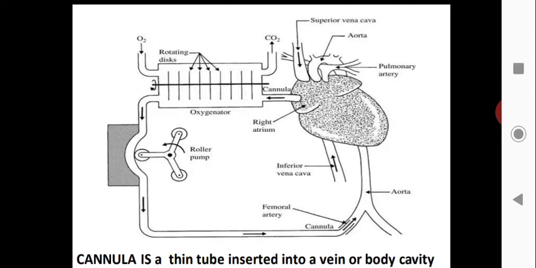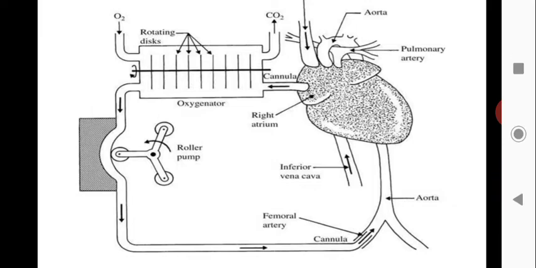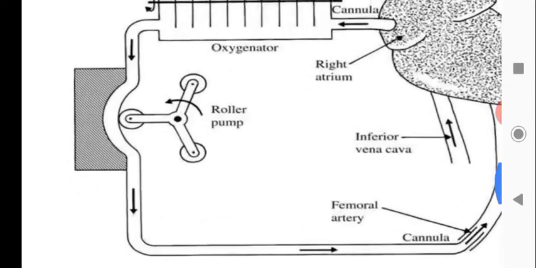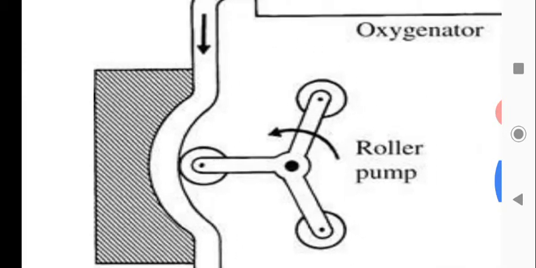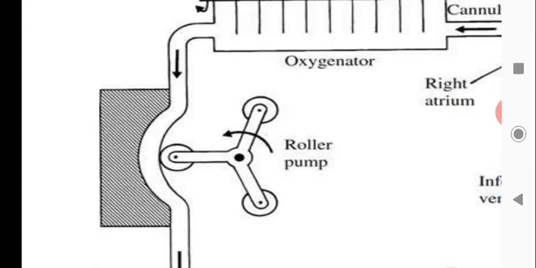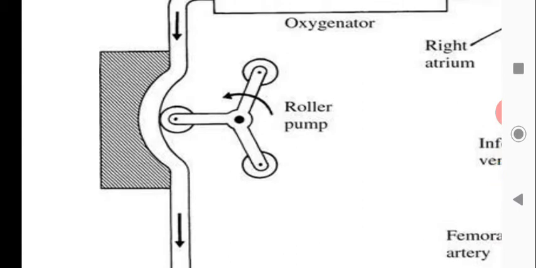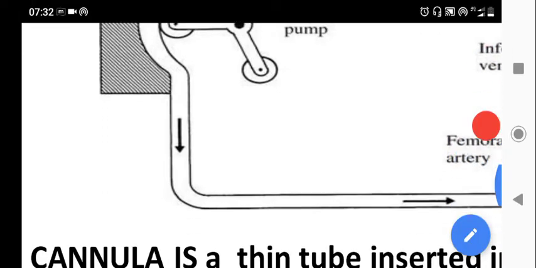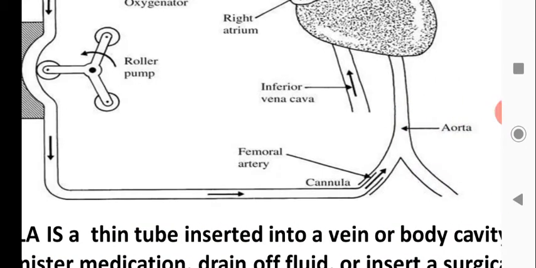So next you can see that the blood which is leaving the oxygenator will be oxygen enriched blood. This blood will be fed to the roller pump. The roller pump, this side, will be of high pressure. It will create a high pressure here, and the blood flows from the higher pressure to the lower pressure. So the blood enters here, it causes the higher pressure, then it leaves this one, then it slowly moves like this, and it moves in this position to the cannula which is being fitted to the aorta.